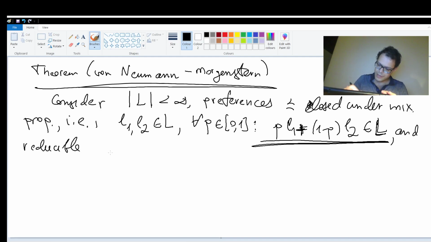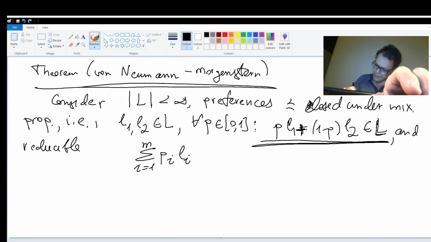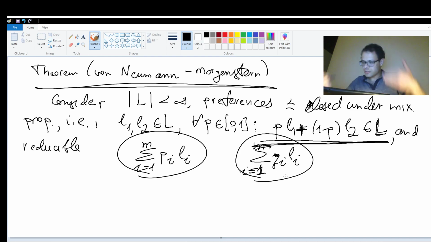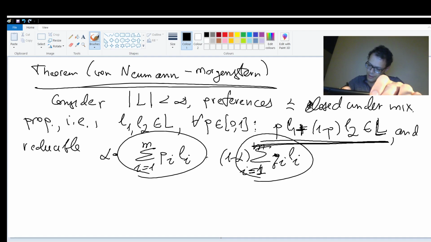What it means is that if you have a lottery with L1 with probability P1, L2 with probability P2, and so on till Lm with probability Pm, and you have another lottery with Li with other probabilities Qi, and then you combine those lotteries, adding another level of probabilities, taking the first lottery with probability alpha and the second with probability 1 minus alpha, then the result is equally good for us